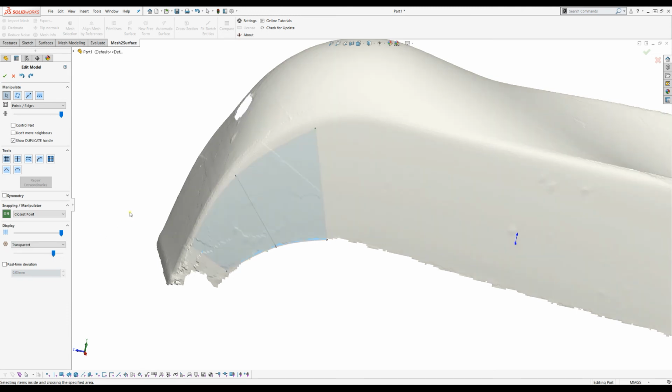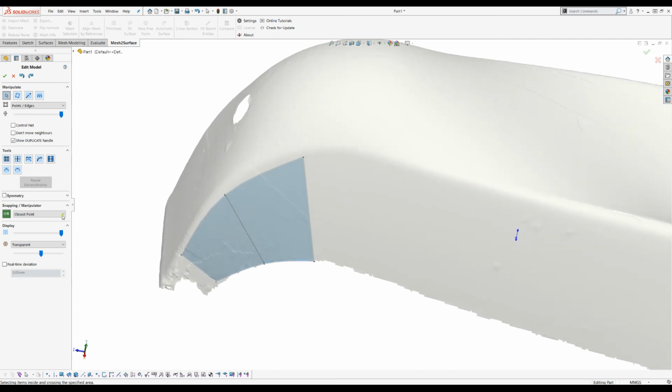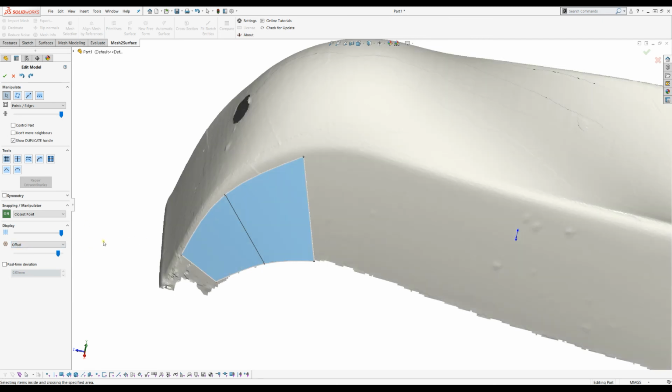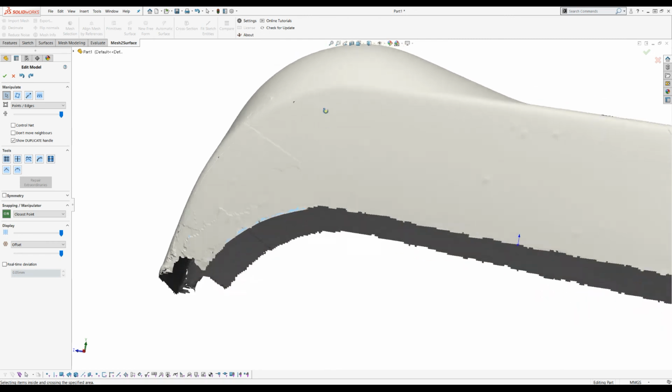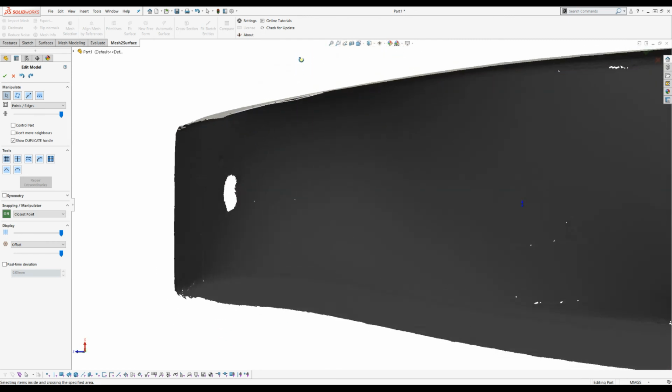If we take the easier one, it's the transparency. You can simply change the transparency of the mesh so you can see what is underneath and how you can manipulate here. So in some cases, this is quite useful. But there is another option which is called offset. What offset does, if it's placed to the maximum, there is no offset at all. You see that the points are here, but my surface is going into the object,